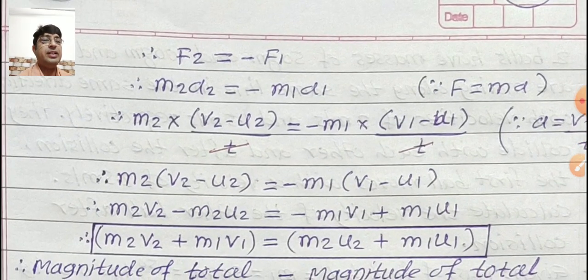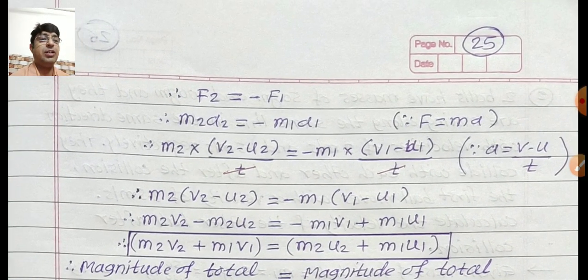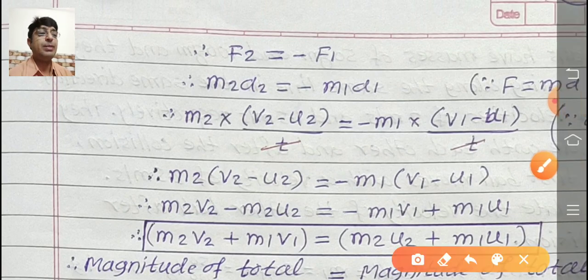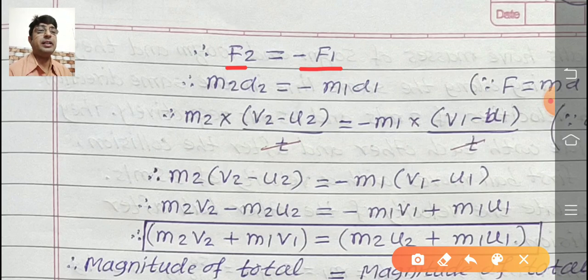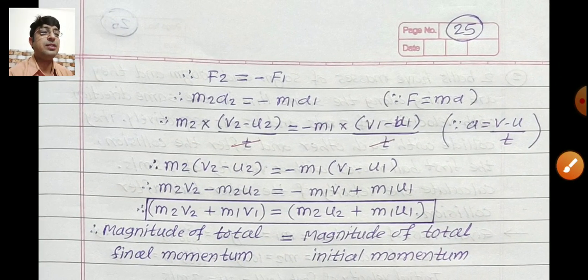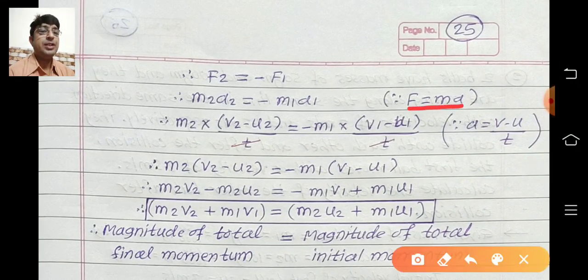See then on next. Therefore, these two forces are equal. According to Newton's third law, equal and opposite forces act simultaneously. So F2 is equal to what? Minus F1. The minus sign indicates that both forces are equal but in opposite directions. Now we know the force equation that we learned in Newton's second law of motion. F equals what? m a. So F2 means what? Force exerted on the second object. So m2 a2, and minus F1, where F1 means the first force, related to this we are using the minus sign, m1 a1.